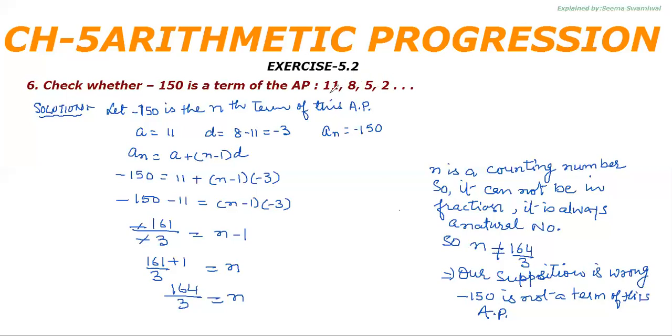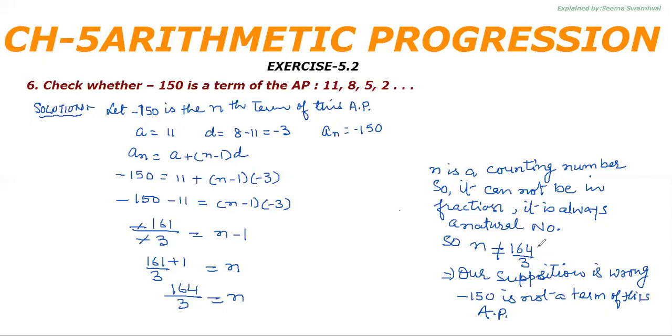So that means with n we count the number of terms in an AP, and this counting number is never a fraction. It is always a natural number. Whenever you want to count something, you start your counting from 1 and keep on counting like this: 1, 2, 3, 4, 5, 6. So n is always a natural number, and therefore it cannot be a fraction.